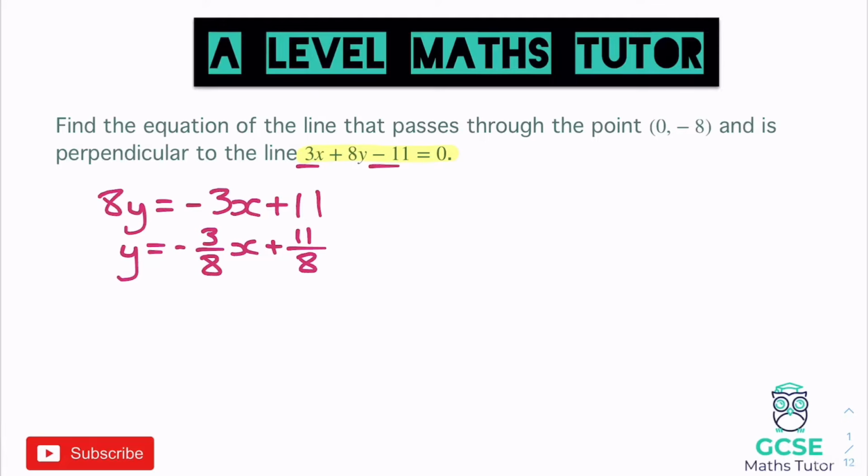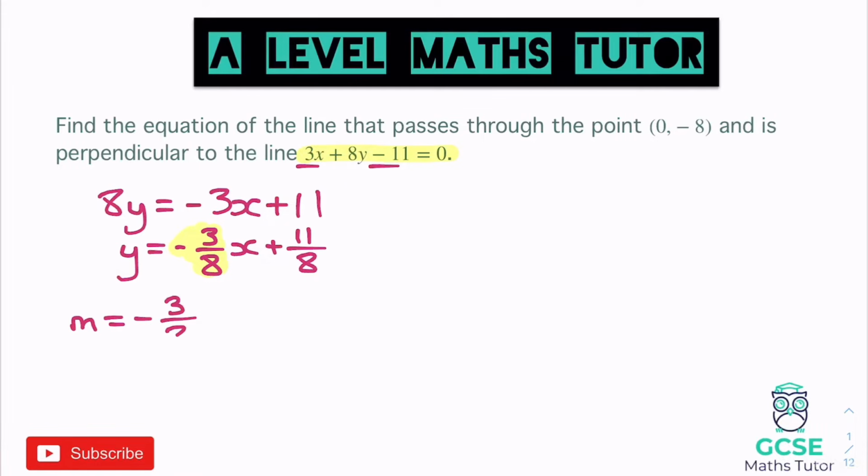So now it's y equals, we can actually read the gradient from our line, and the gradient of that line at the moment is -3 over 8. Now it says here that that line is perpendicular to the one that we're looking for. So if the gradient that we're looking at the moment is -3 over 8, and do make sure you check out that video I mentioned on perpendicular lines if you're unsure on this little bit,